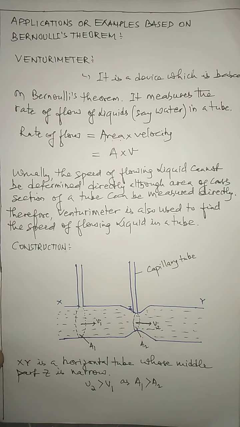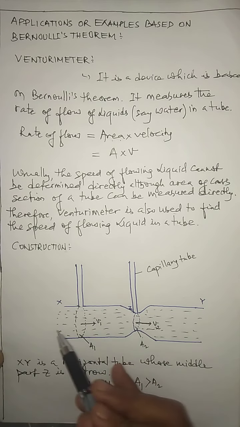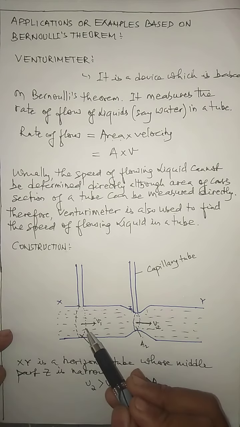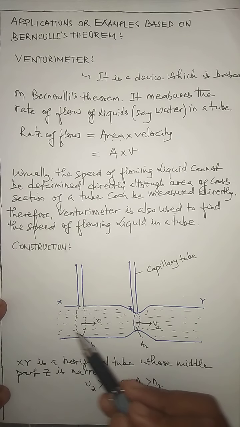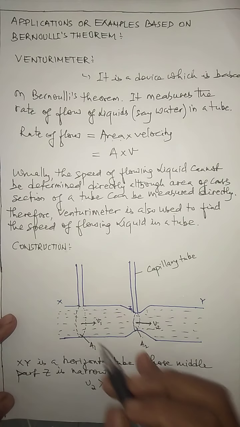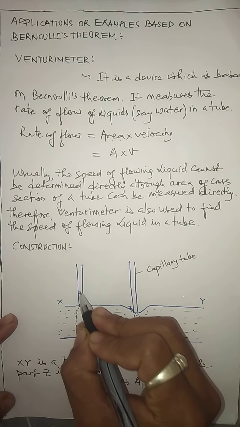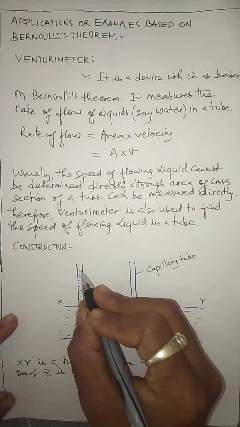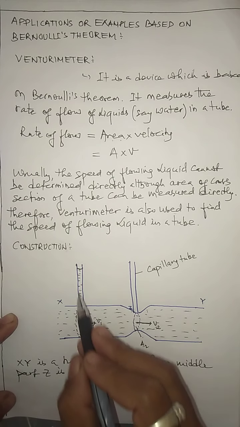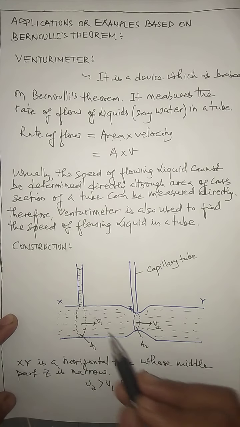That part also we need to understand: when a larger volume of liquid is flowing at this cross section, due to the flow of more volume of liquid, the liquid exerts more pressure, and due to that the pressure makes the liquid rise in this tube also. This liquid which rises in the tube is due to more pressure. So I consider the liquid rises up to this level. In this particular capillary tube, the liquid rises more due to more pressure exerted at this end.